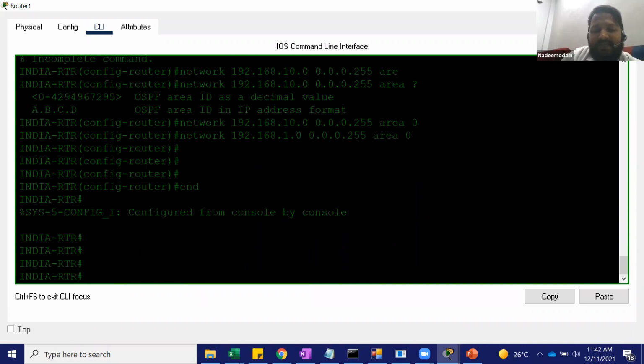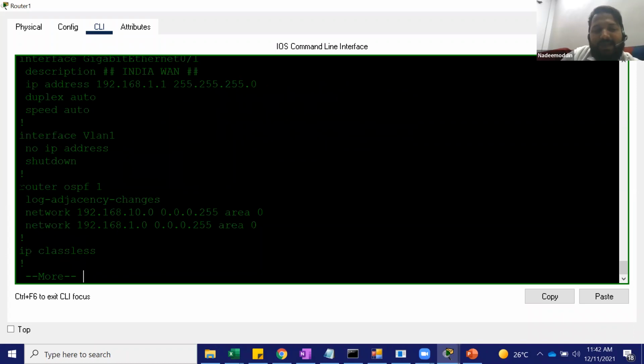So I just created that network, and if you see there, show run. What I did, I configured router OSPF and applied this command. See, in RIP you were just adding this much, but in OSPF you need to add all this: the area and this wildcard mask. Why? In CCNP you will come to know why, what is the advantage of this, how we can calculate the routes and all those very detailed stuff.